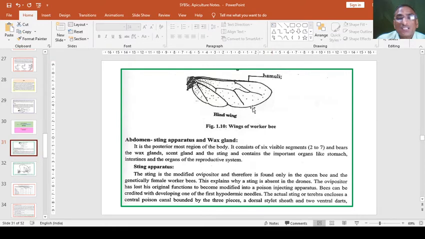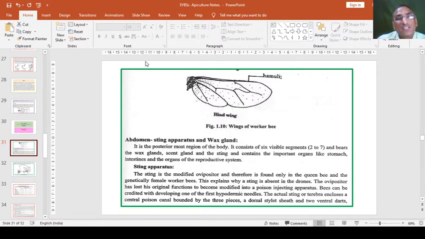This is the second pair of wings, which we call the hind wing. It has the same arrangement of veins and costa, but one more thing here: these are uniting and strong, forming a yamuli at the anterior edge, and this is like a folding structure in the hind wings. This is the wing of a worker bee, because this is an active bee.